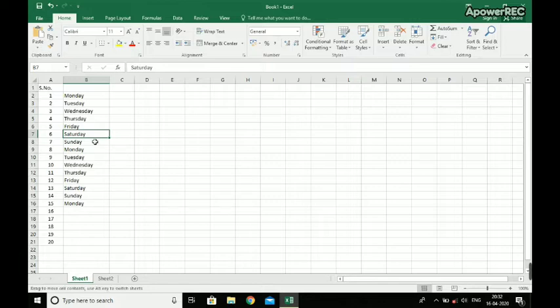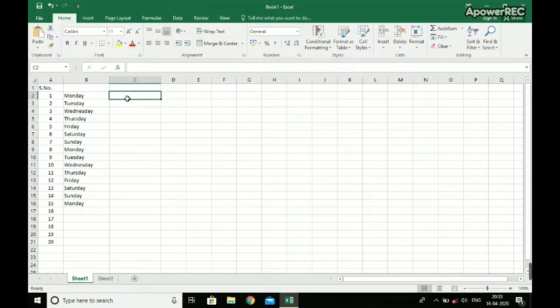Monday has come automatically. Now let's do it with the month also. So first month we will write as January, and the same process we will use, selecting and dragging. So you can see slowly we will get all the months, January to December. So these are very few techniques that you can use.